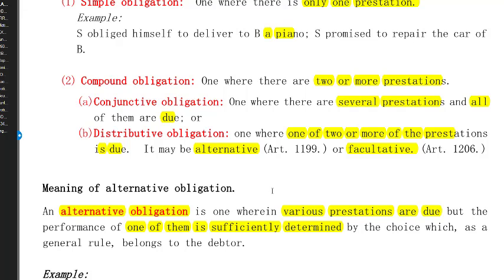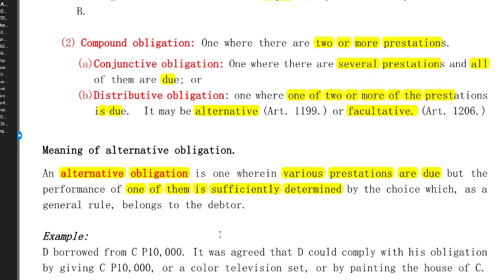So, this means there are several things that are due for delivery, but only one is sufficient to extinguish or to terminate the obligation. As an example, if I oblige myself to give you either object 1 or object 2 or object 3. On my end, I don't have to give you all of them, all of the 3 as stated. The giving of 1, either object 1 or object 2 or object 3, is enough for the obligation to be complied with. So, that is it.